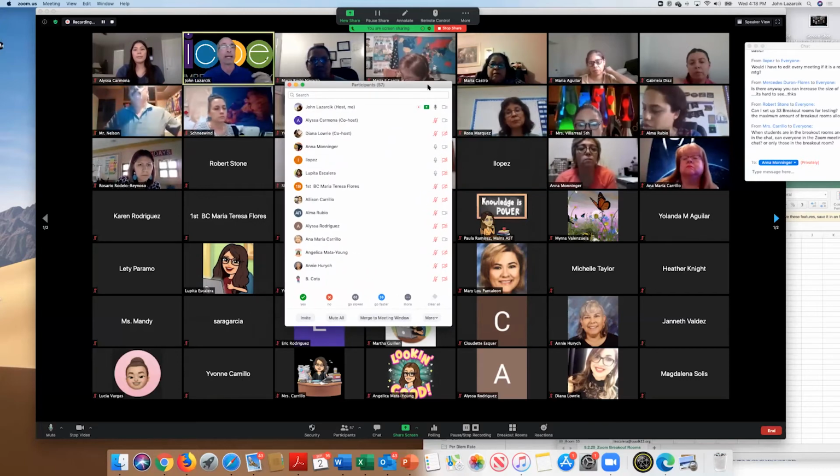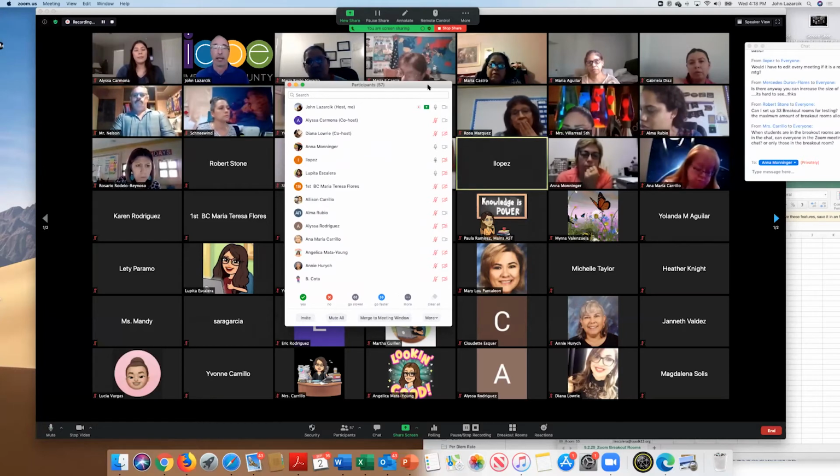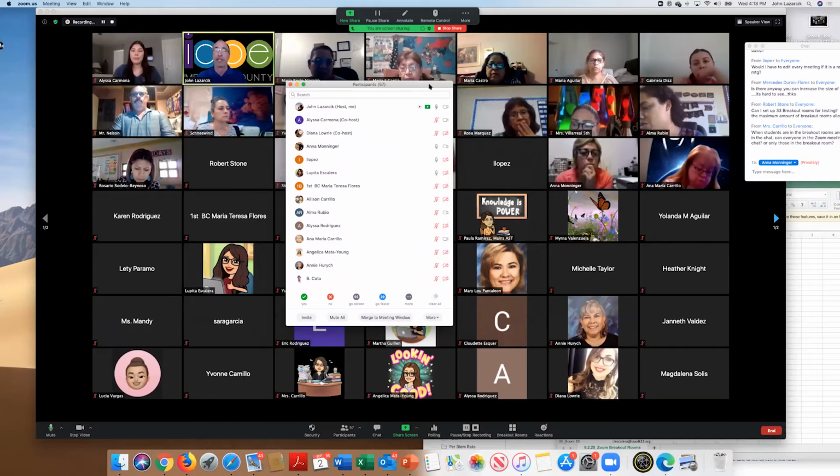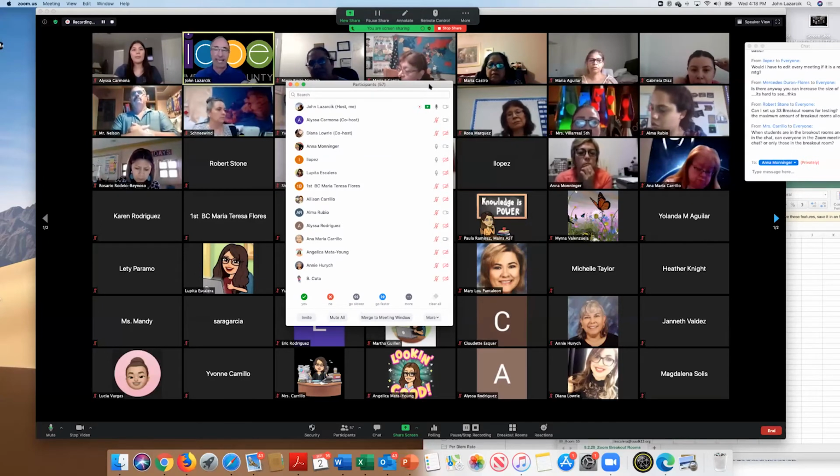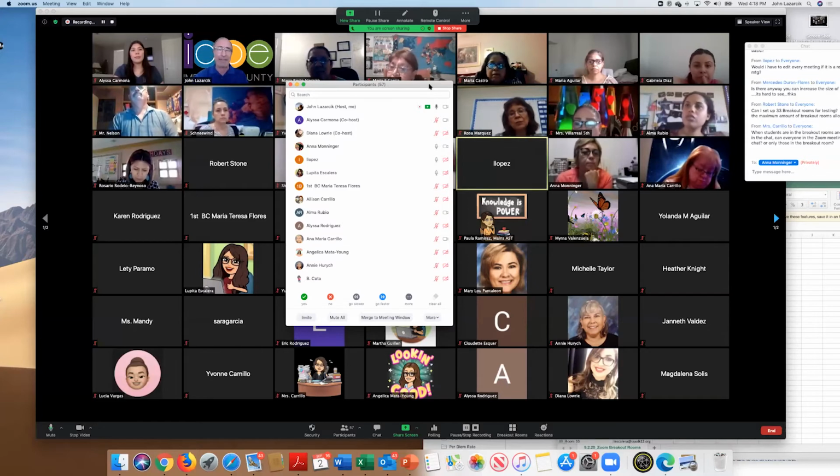So the chat, you can automatically save the chat. Even from the breakout rooms? Even from the breakout room. So when you save chat, it saves every chat. Okay. And the only issue, if you've ever done that before and looked at it, is you have to really clean it up. It's kind of a messy, old ASCII file, and you just have to kind of clean it up.